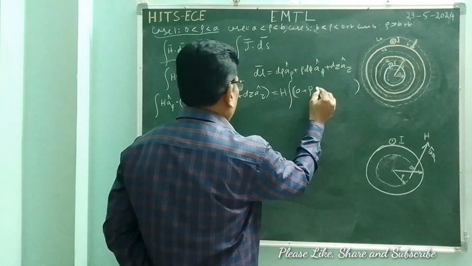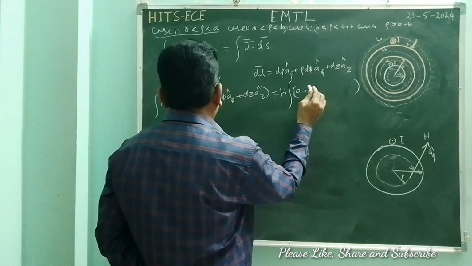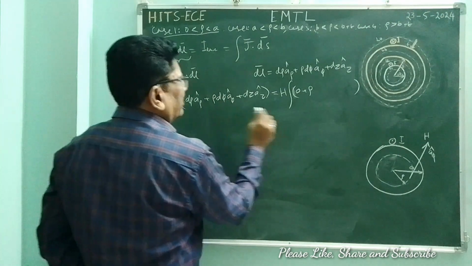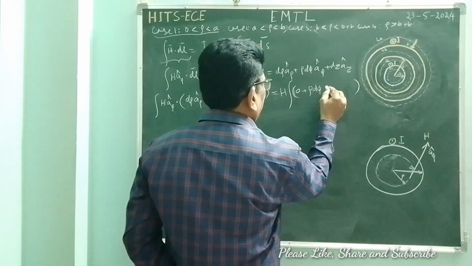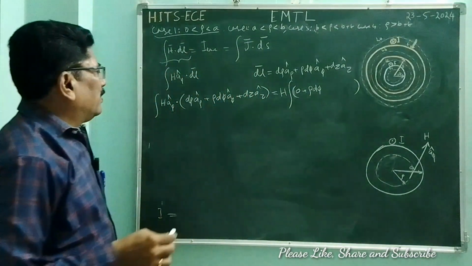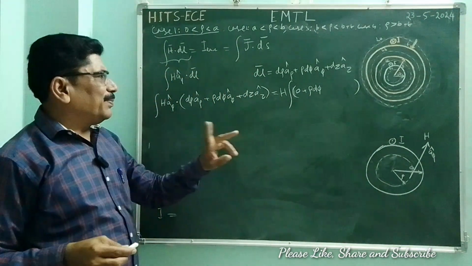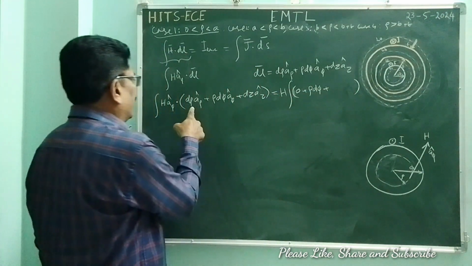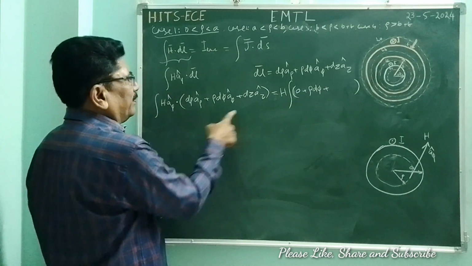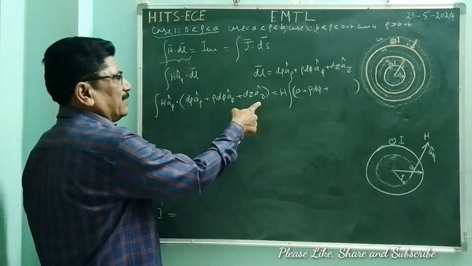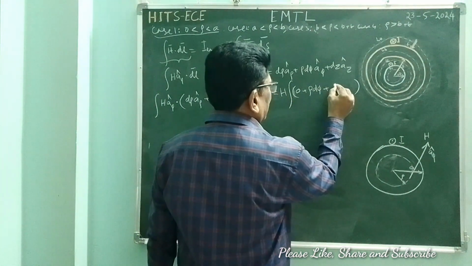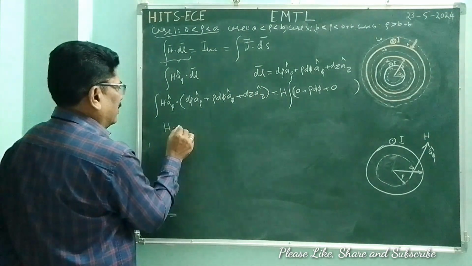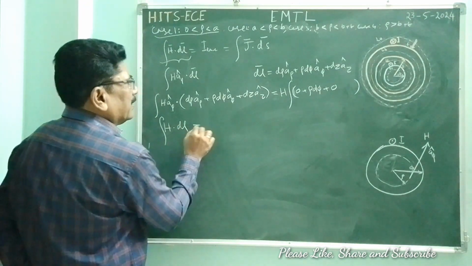So we can write rho d phi, since A phi cap dot A phi cap is 1, the dot product of two unit vectors. Plus A phi cap dot A z cap is 0 since the angle is 90 degrees. So finally we will get H dot dl is equal to H